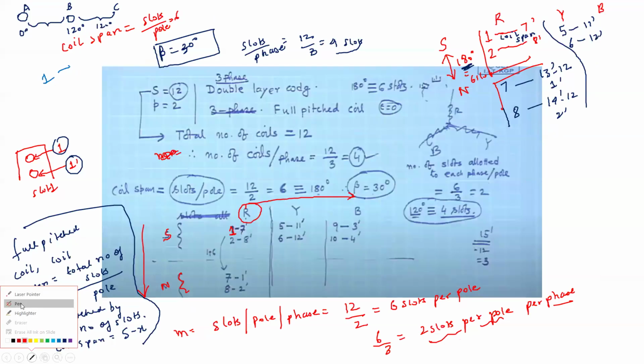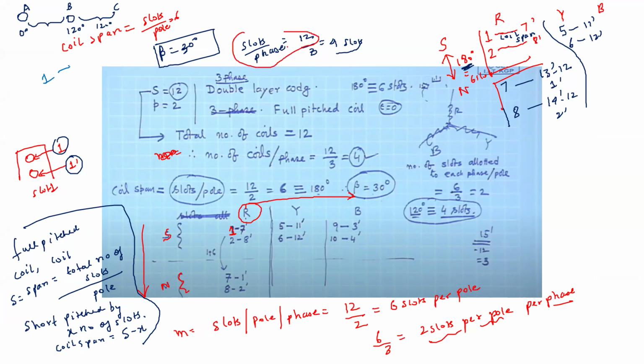Now, you have to calculate, corresponding to 120 degrees, what is the number of slots. You can do it by finding slots per phase: there are 12 total slots and 3 phases, so slots per phase is 4 slots. Or, once you have found this beta, you can see how many slots will give you 120 degrees. So 4 into 30, 4 slots will give you 120 degrees. Like that you can identify where the Y phase will start.